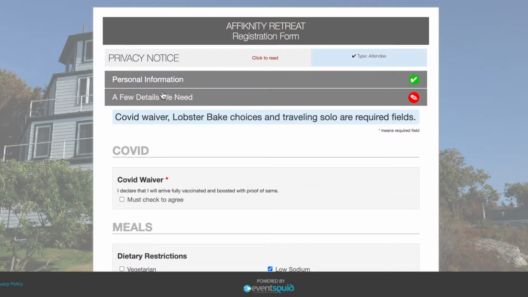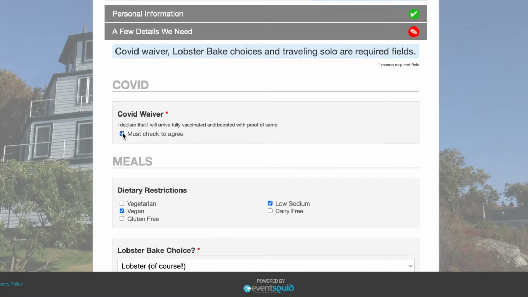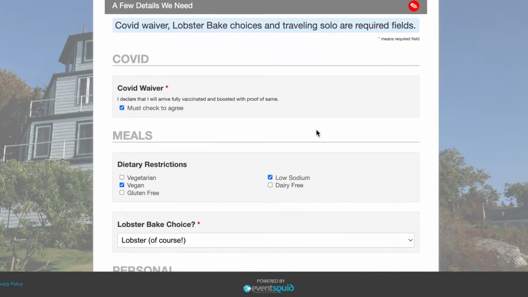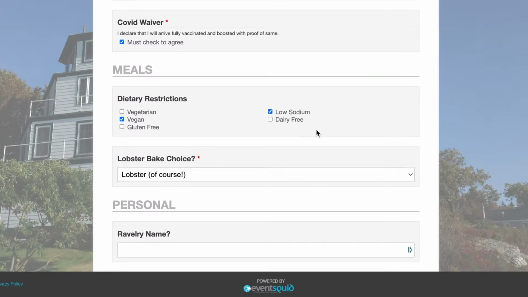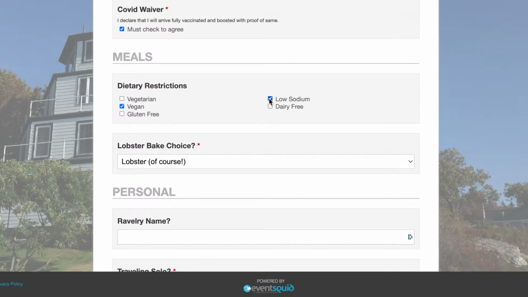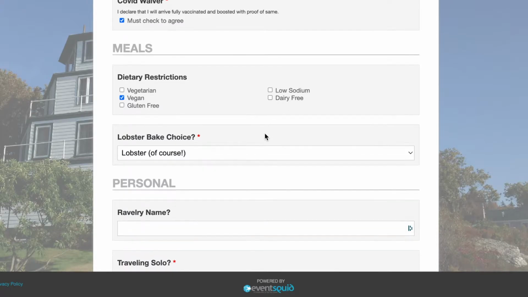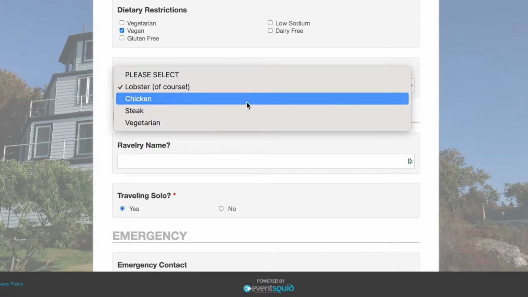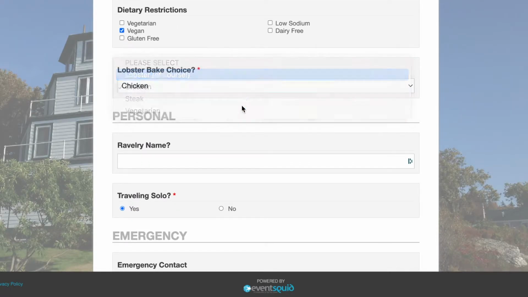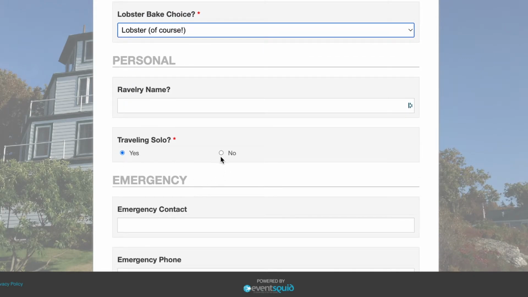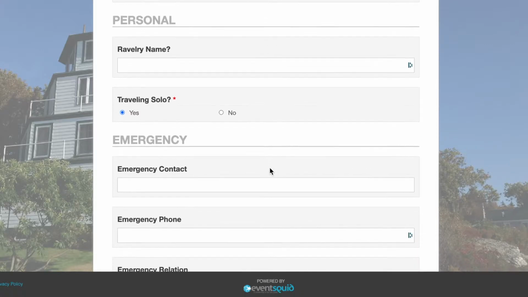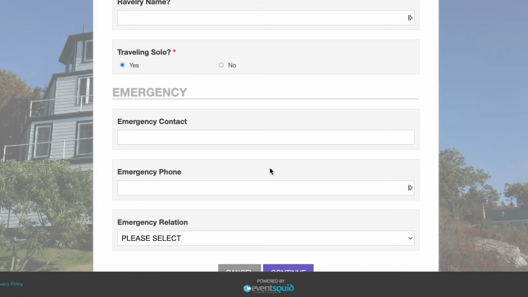Next, you're going to get the next page, a few details. And again, it shows you only the 3 required fields, which you'll notice have a little red asterisk. So you have to agree that, yes, for the safety of everyone, we are a fully vaccinated retreat. Dietary restrictions, if any, this is optional. Lobster bake choice, you do have to choose what you want to have for the lobster bake, and whether or not you're traveling solo. This is only so that I can make sure that all solo travelers are comfortable that